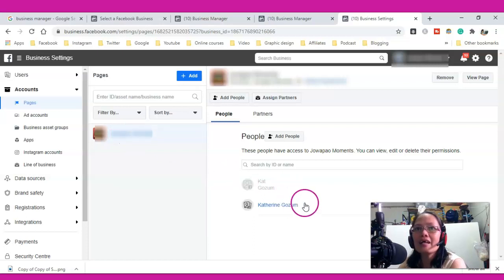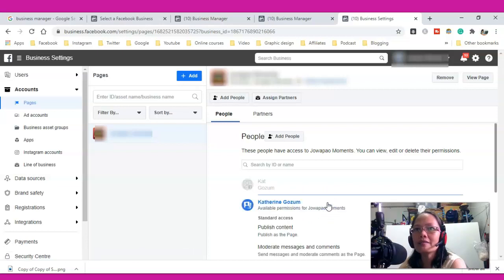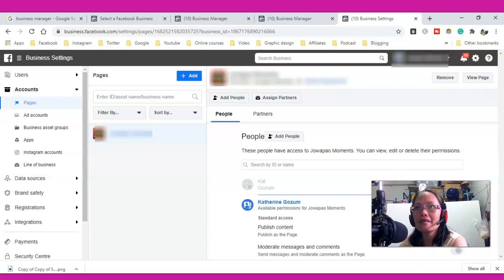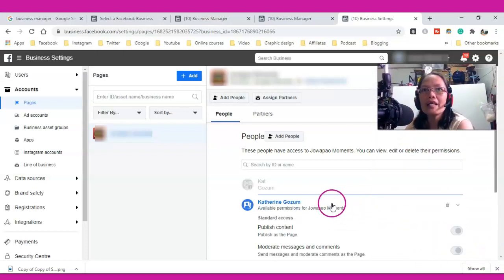And then look for your name, the one that is highlighted, and then click that one. Wait, I'll put it here. Okay, click your name,